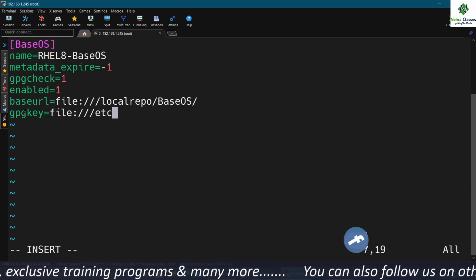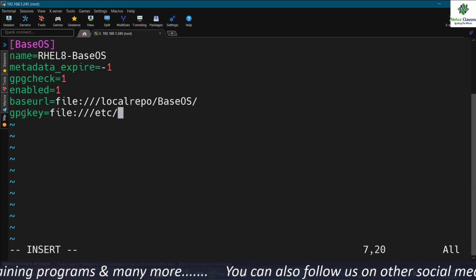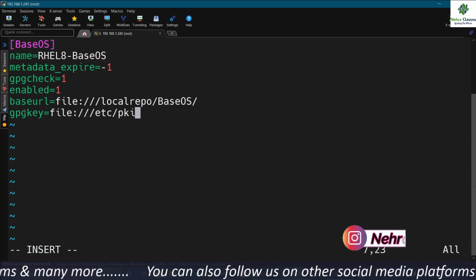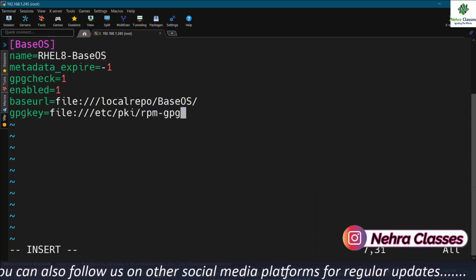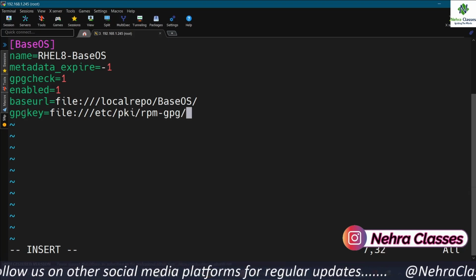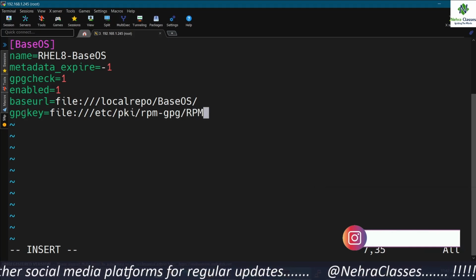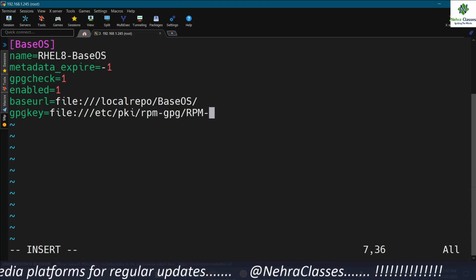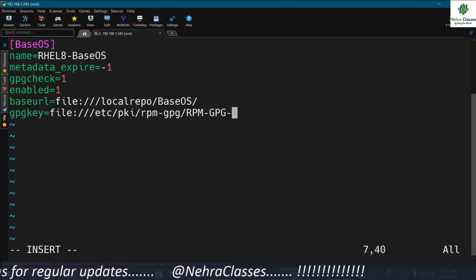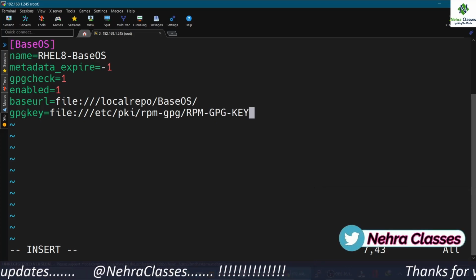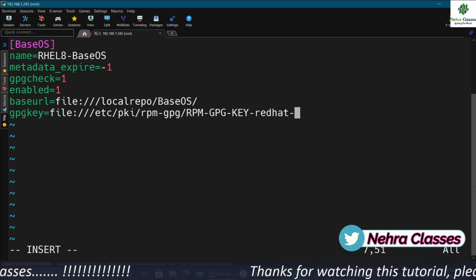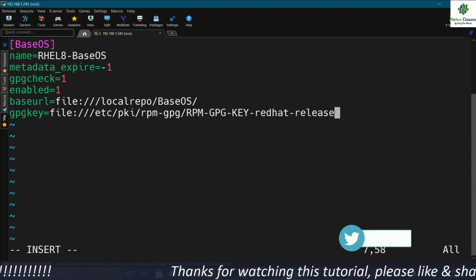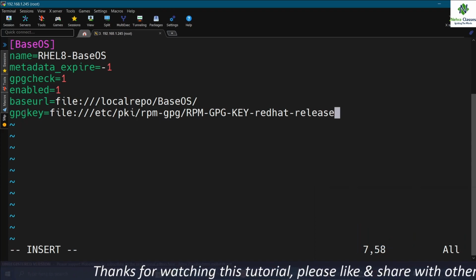So we will write here /etc/pki/rpm-gpg/RPM-GPG-KEY-redhat-release. So you have to mention this path as it is.